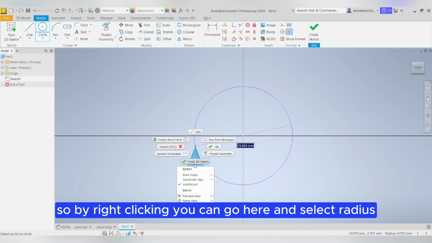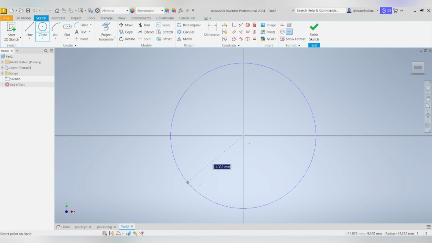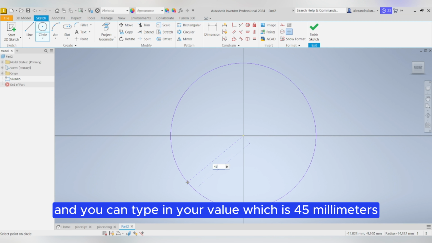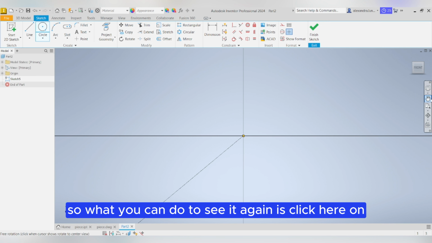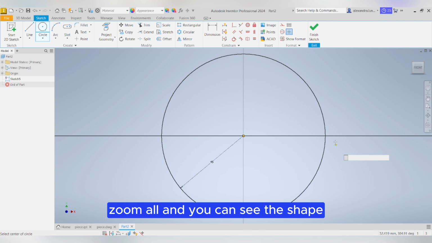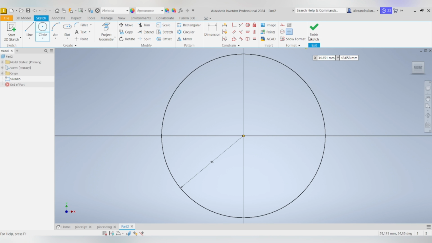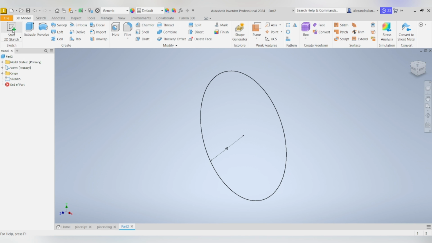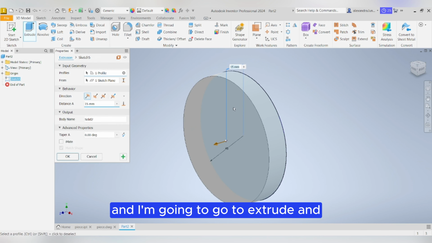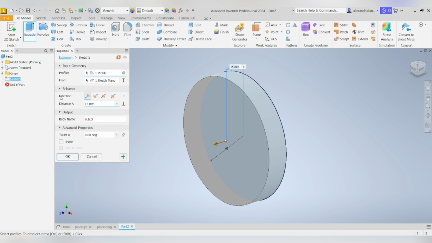So by right clicking you can go here and select radius, and you can type in your value, which is 45 millimeters. But as you can see, once I do this, it is out of frame. So what you can do to see it again is click here on zoom all, and you can see the shape. So now you can click on finish sketch, again zoom all, and I'm going to go to extrude and